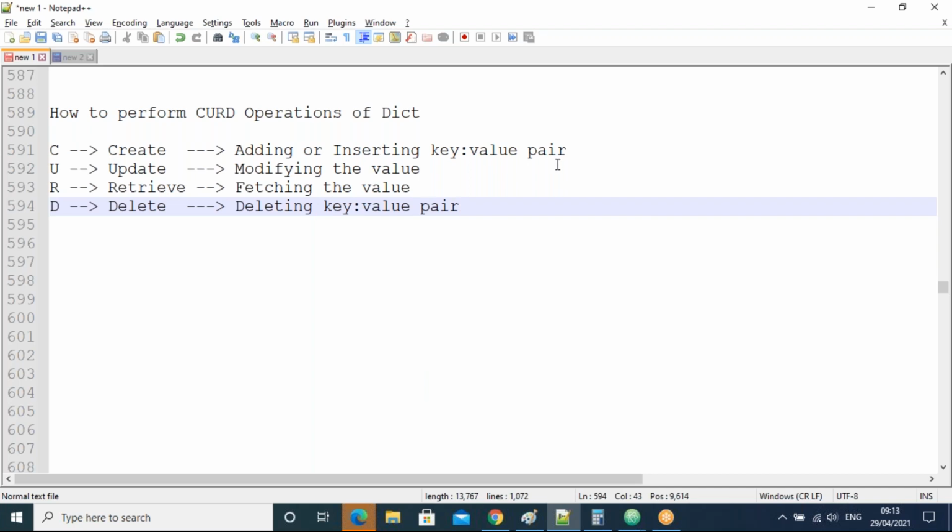Let us try to perform all these operations on a dictionary. Let's take a new dictionary in IDLE.